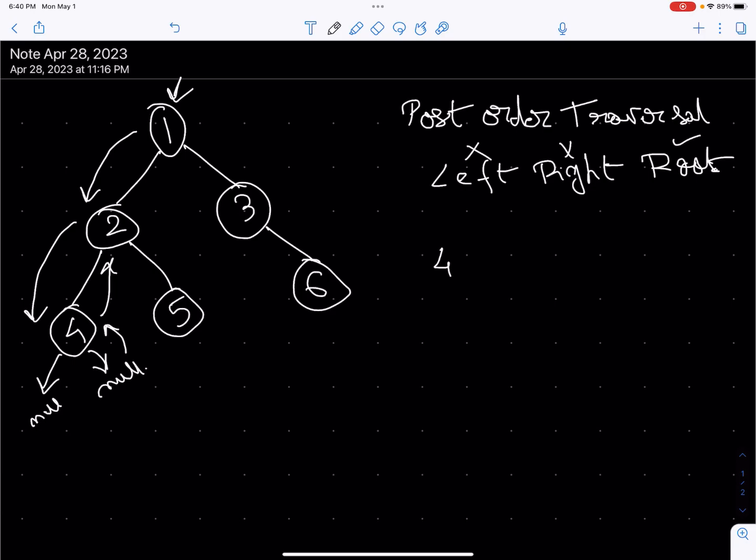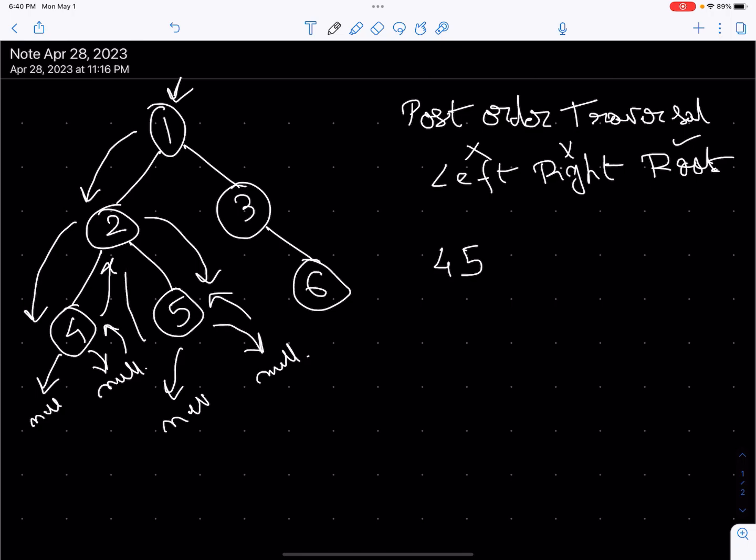So we'll come from 2 to 5, and from 5 we will see if it has any left child. No, it don't have. And from 5 we will see if it has any right child. No, it don't have. So we will go back here and we will put value here 5, and from 5 we will go back to 2 and we will write the value of 2 here,